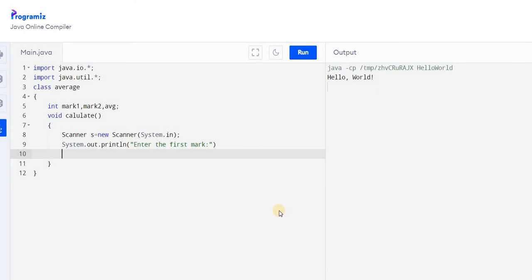Now we are going to get that first mark, and we will receive it in the variable mark1. How do we write this? mark1 = s.nextInt(); where s is the name of our scanner, and the I in nextInt is capital.